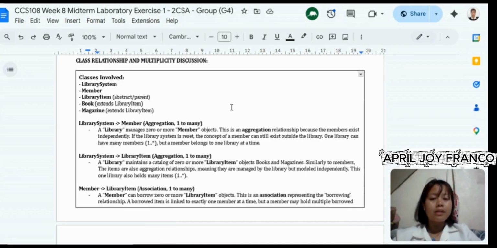To summarize all of this, our system uses aggregation between library system and its members and catalog, association between members and the items they borrow, and inheritance between library item and its two subclasses, book and magazine. These relationships work together to make the system functional, organized, and object oriented. Thank you for listening, and on to the next reporter.